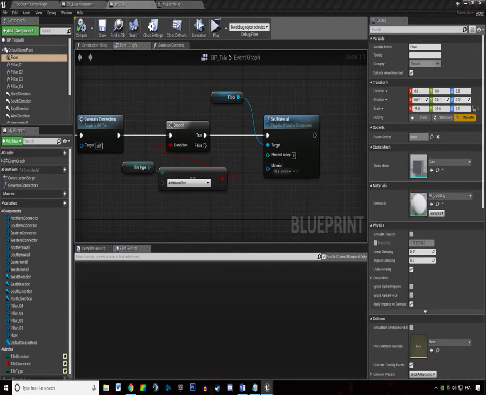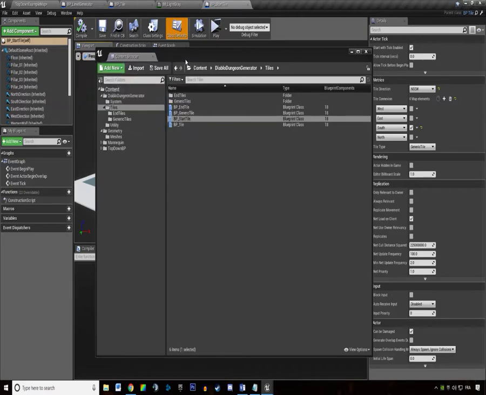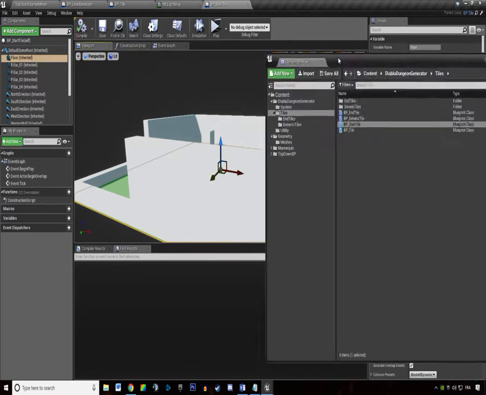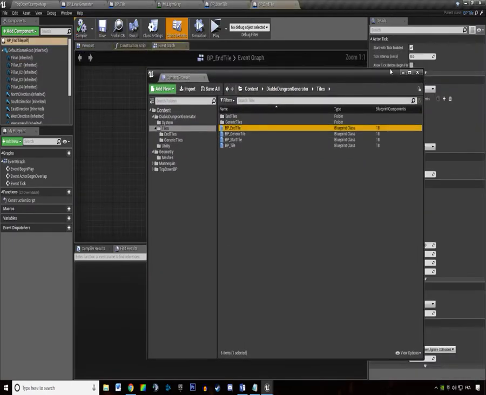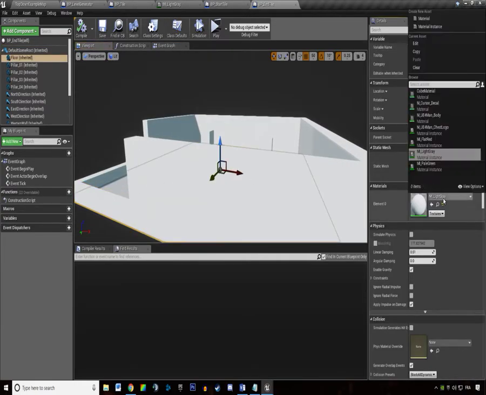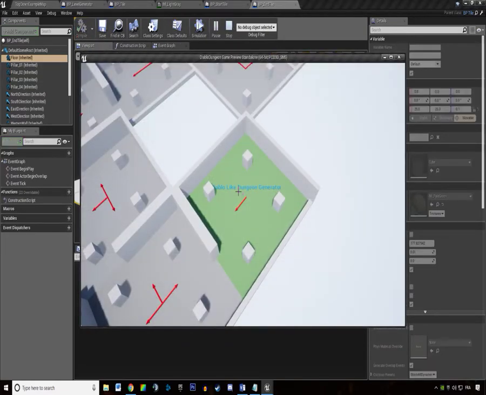And I will check on the start tile to see if it actually reset its color. And if it did, I'm going to put it back to pale green. I will do so for the end tile as well. I'm going to make the end tile green as well. And then if I'm hitting play,